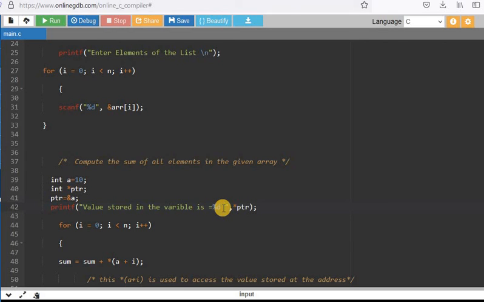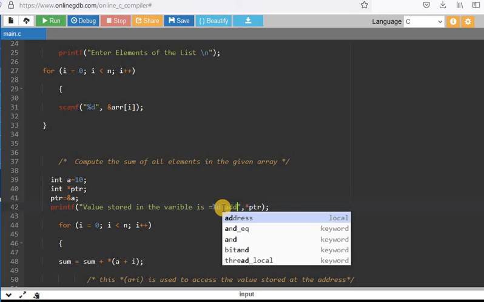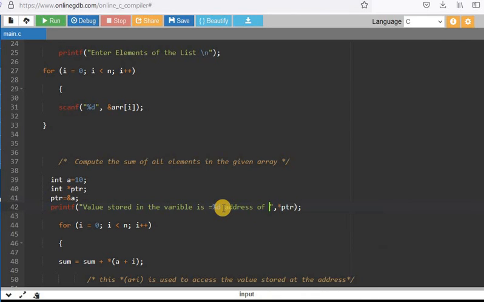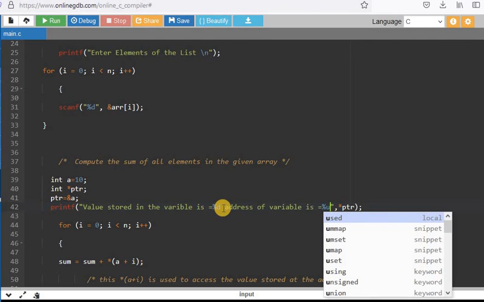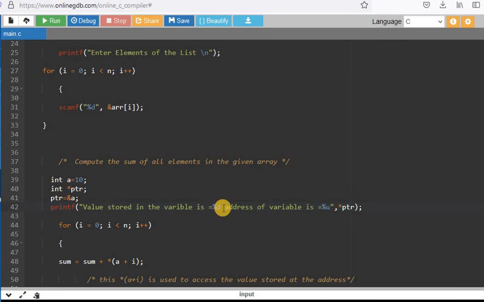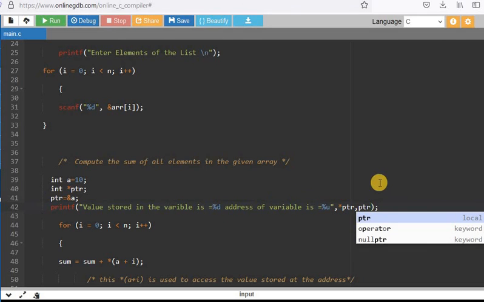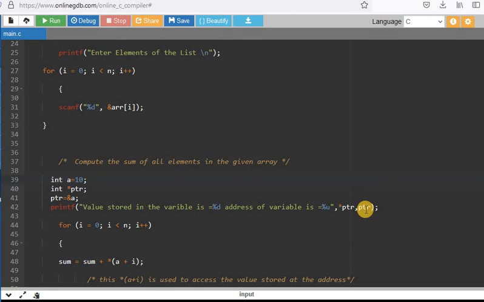And suppose if you want to display both address and value, then see here, for the address of the variable we should use %u, that is unsigned integer. Now here we can write comma ptr. Okay, so now this ptr shows the address of the variable and this star ptr shows the value which is stored in that variable. So this is nothing but the last practical of this